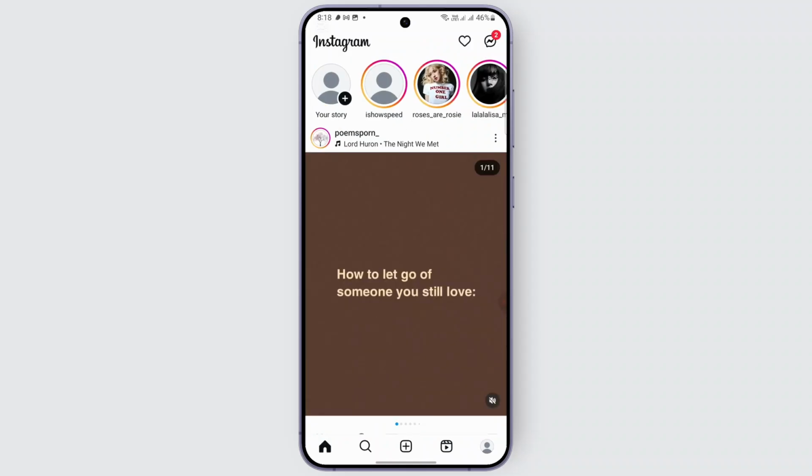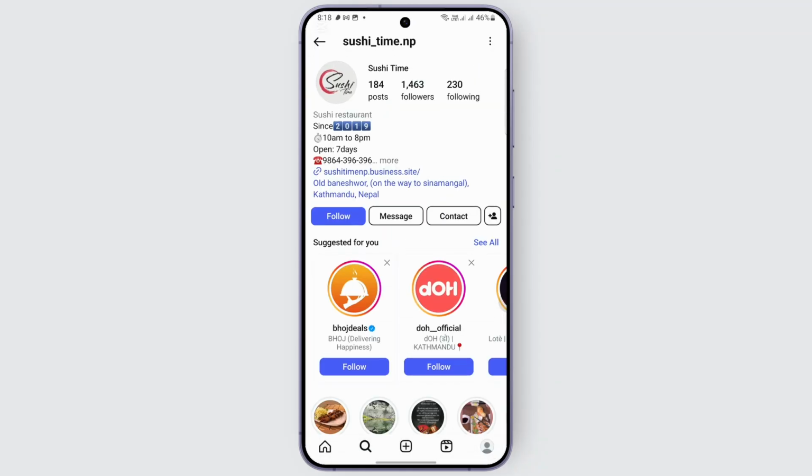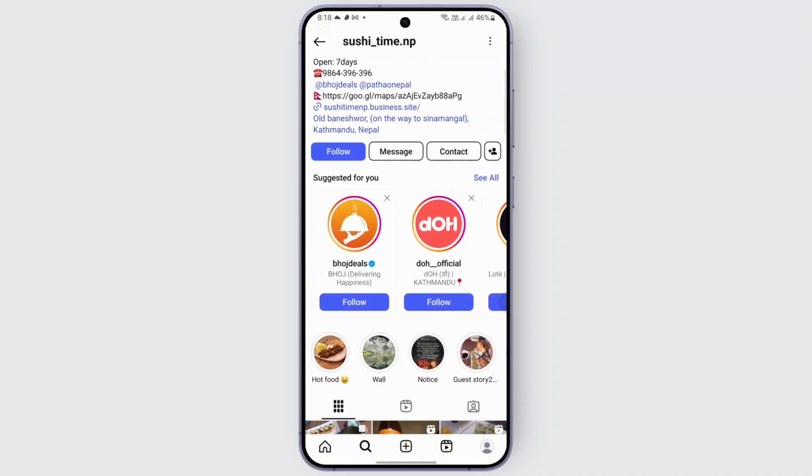So the only way to find the phone number of someone from Instagram is heading over to an Instagram account in which you should be finding a phone number. Usually if the user has added a phone number to their profile, you should be able to find it. For example, we usually have phone numbers on restaurants. So if you want to find the phone number of a restaurant, you can head over to the restaurant's account and look at the bio, or on their account you should be finding an